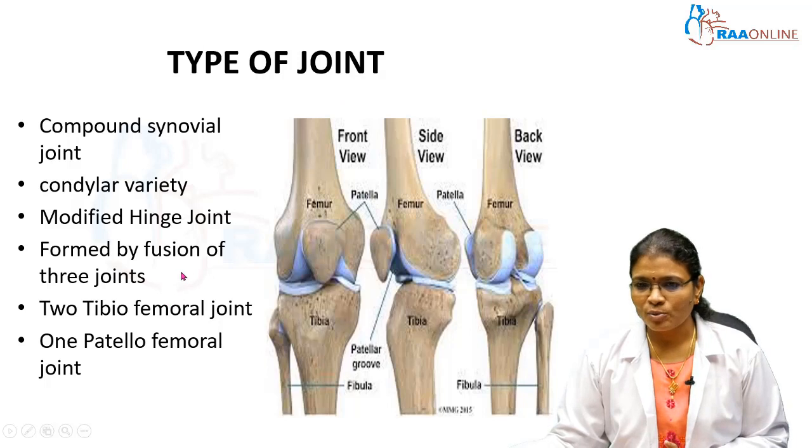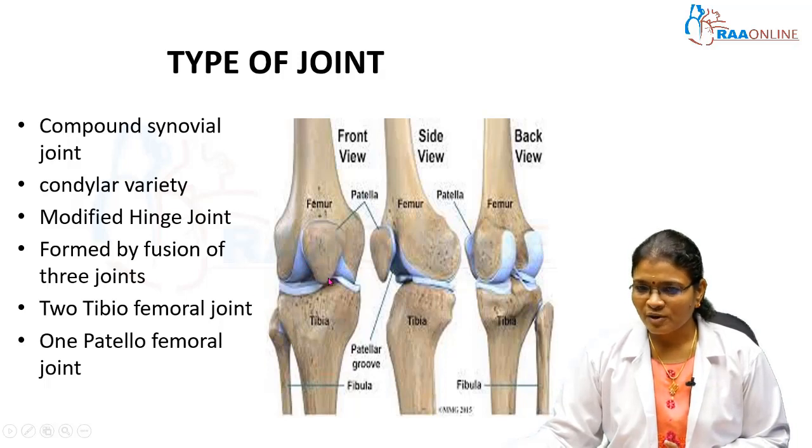This joint is formed by two tibiofemoral joints. You can see here, this is the anterior aspect front view, and this is the side view, and this is the back view. In the front view, you can see the tibia, and this is the lateral aspect, and this is the medial aspect. These are the condyles of femur, medial condyle of femur and lateral condyle of femur, and you can see the two joints here, that is the tibiofemoral joint on the medial aspect and the tibiofemoral joint on the lateral